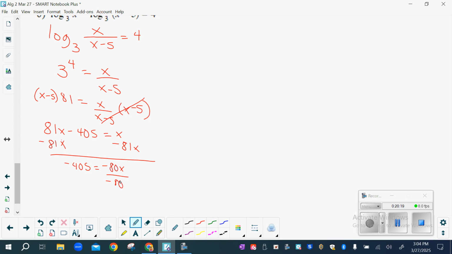And then divide by negative 80. And we're going to have to simplify that. 5 goes into both. And that would be 81 over 16. So I just took this 405 over 80 and I divided both of them by 5 to get the simplified answer. Okay, can I